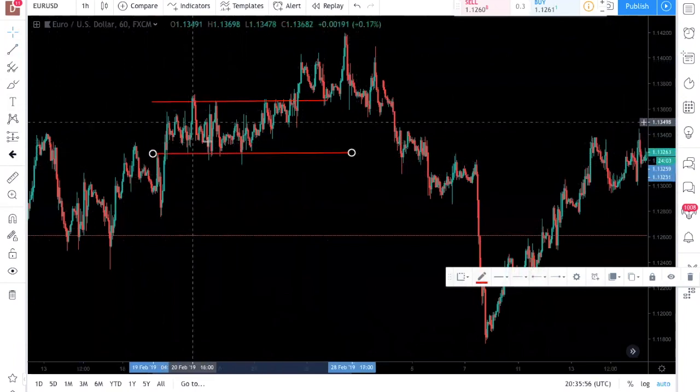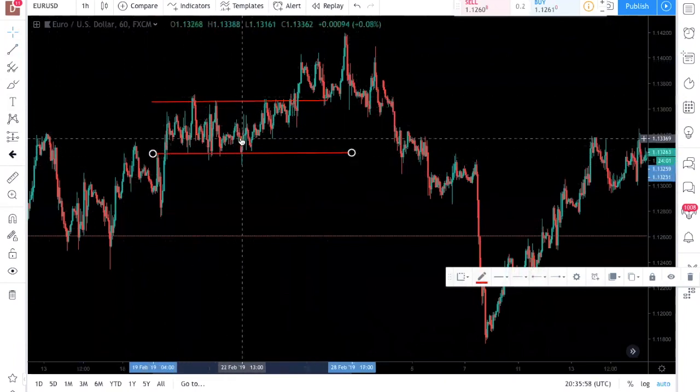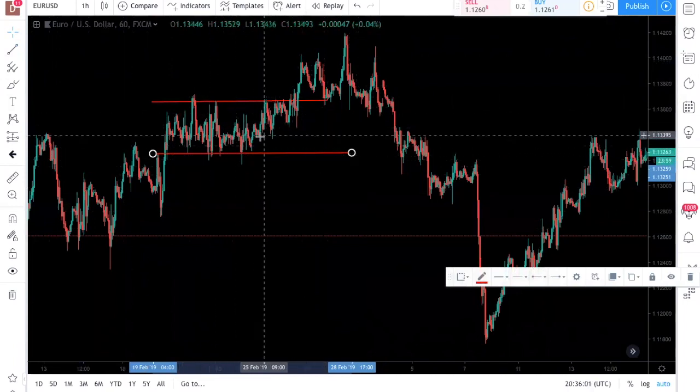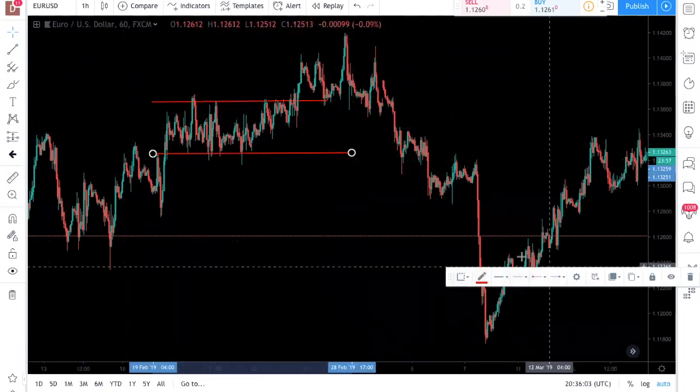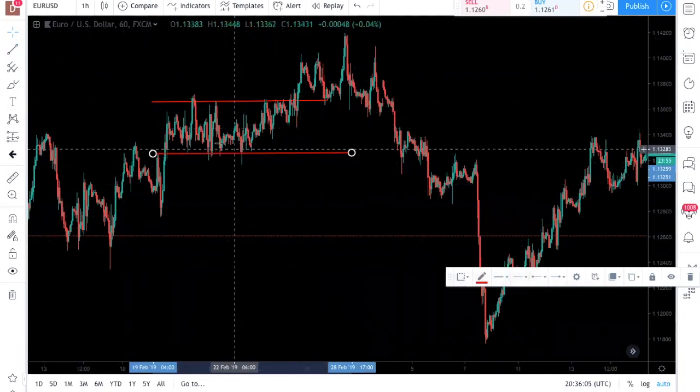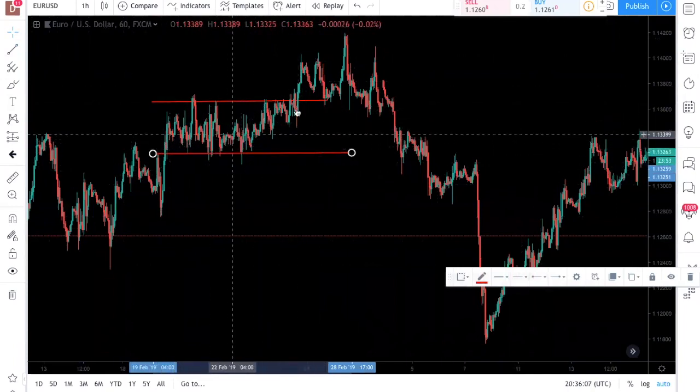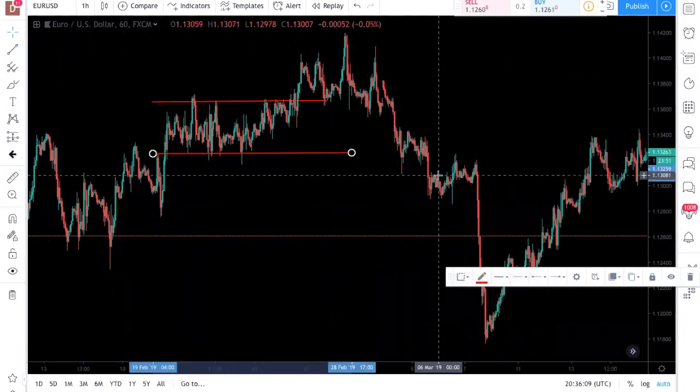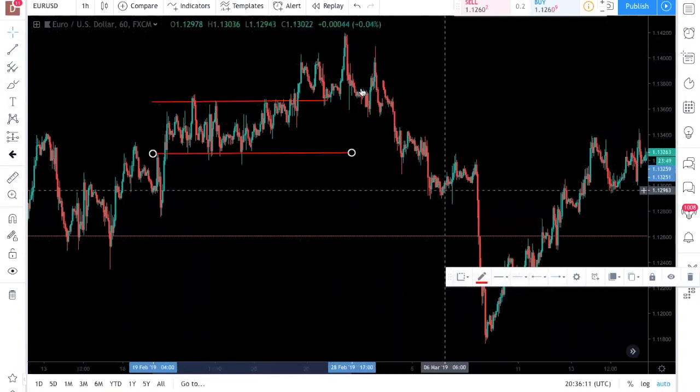Personally, I do not trade consolidation. This is more of a ranging market. There's no clear indication if the buyers are taking over or the sellers are taking over. So I typically wait until it stops consolidating and it makes an obvious move, such as this downward trend that